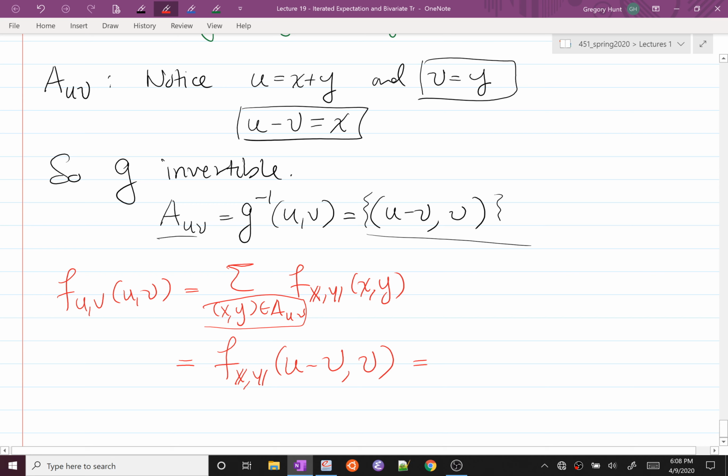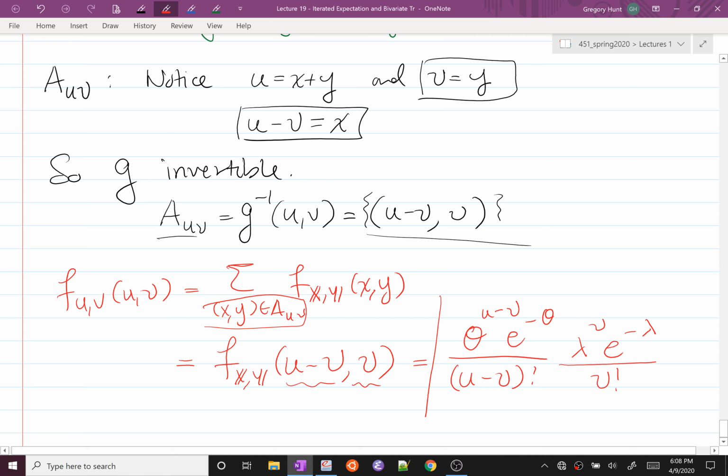And now we just have to plug in what our joint was above. If you go back and look at what the joint was, when you plug in u minus v for x and v for y, you get theta, now not to the x, but to the u minus v. E to the negative theta stays the same, and instead of 1 over x factorial, it's 1 over u minus v factorial. And then we get lambda, not to the y now, it's lambda to the v, e to the negative lambda, and instead of 1 over y factorial, it's 1 over v factorial. So this is the joint